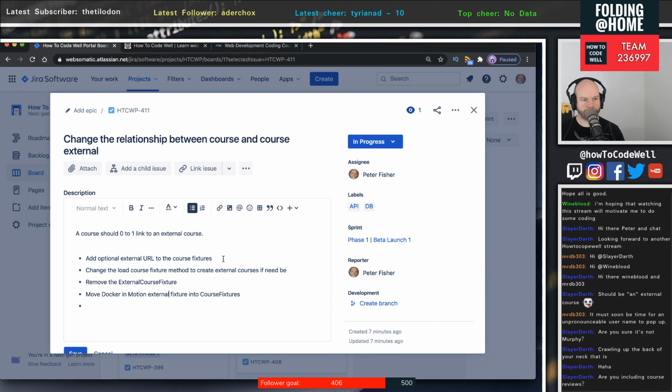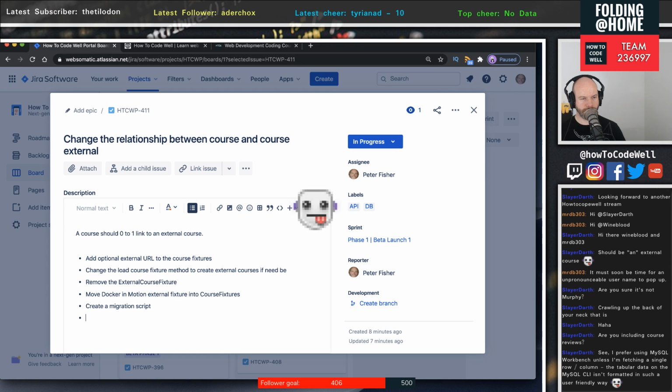All right, so what else? We've dealt with the external fixtures, and we've dealt with the course fixtures. We also need to create a migration script. What else does this require? The changing of the relationship. Well, we need to change the API for the course. There's many APIs that we need to change actually. Change APIs, and